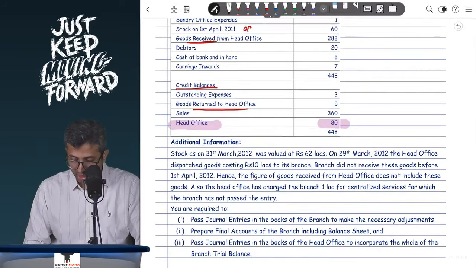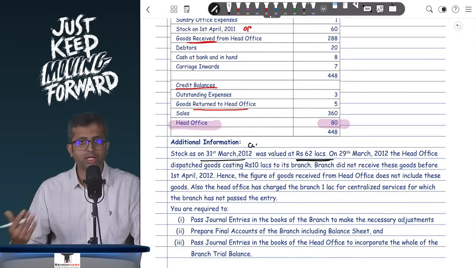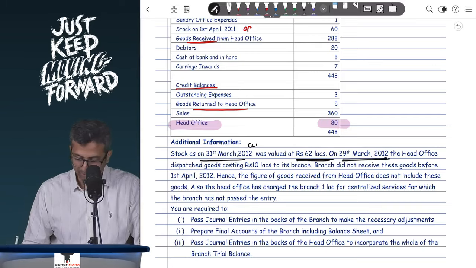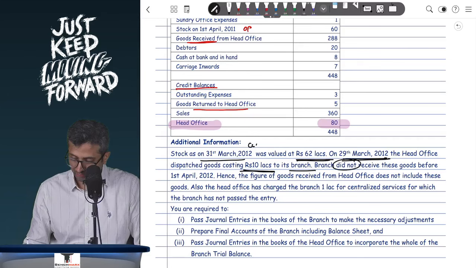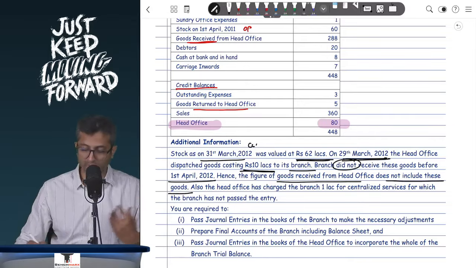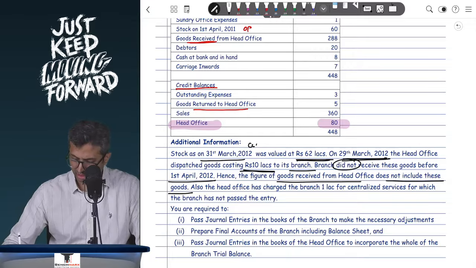Additional information. The stock on 31st March 12 was valued at 62 lakhs. This was your closing stock. It is given in the adjustments. On 29th March 2012, head office dispatched goods costing 10 lakhs to its branch. The branch did not receive these goods before 1st April. Hence, the figure of goods received from the head office does not include these goods because they have not yet been received. However, there will be an adjusting entry for this, which will be goods in transit account debit,